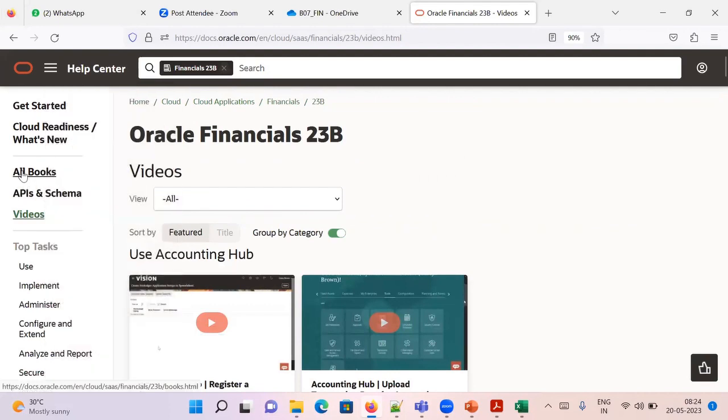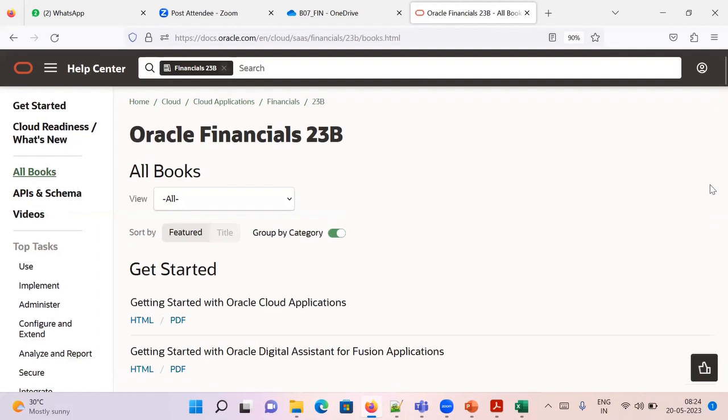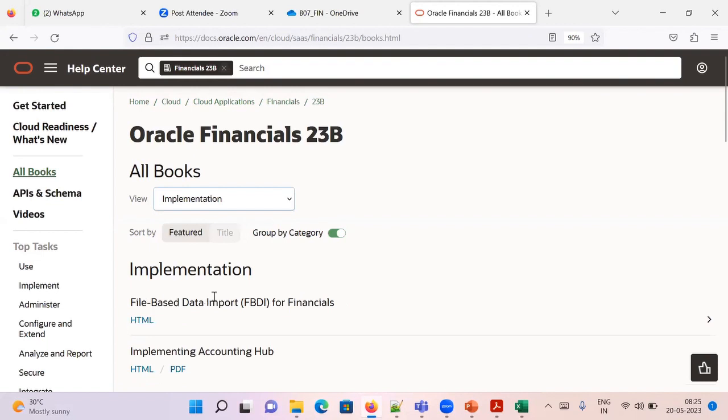If I go to all books, right here, it will give us detailed information, whether you are a functional consultant or implementer. If you go here, it's a user, a business user, an implementer, administrator activities, or security details, anything that you want. For example, I'm going to the implementer. I'm going to the file-based data input. Since we are